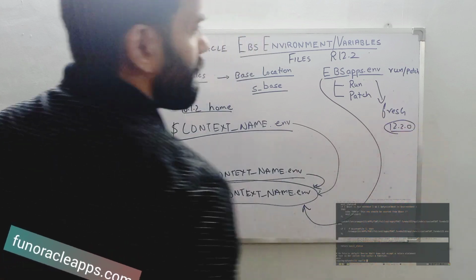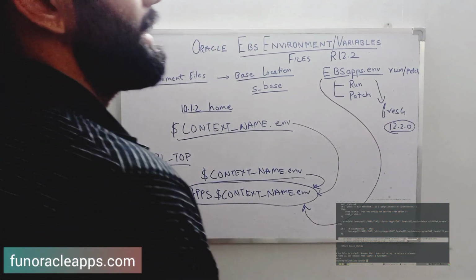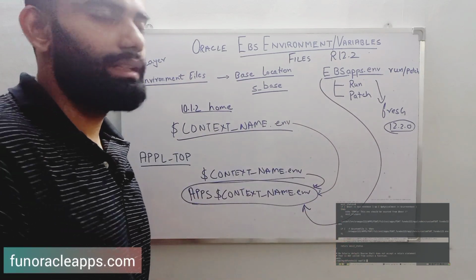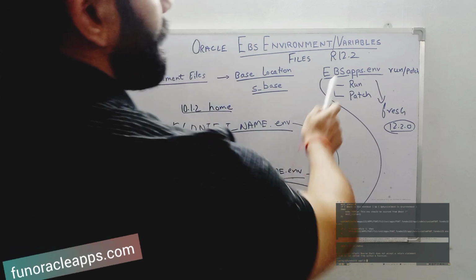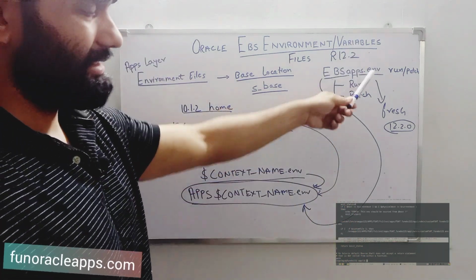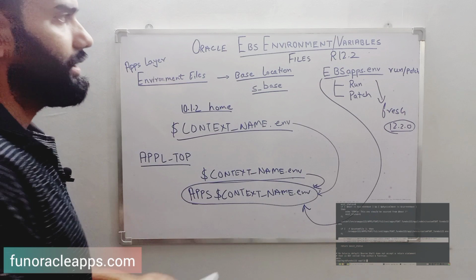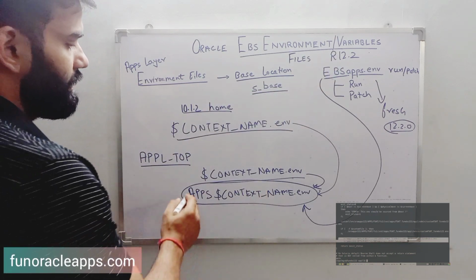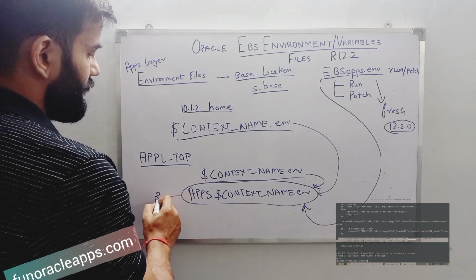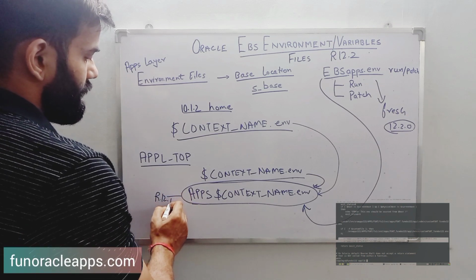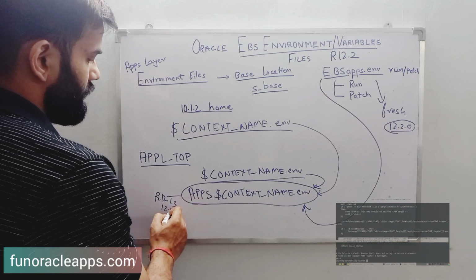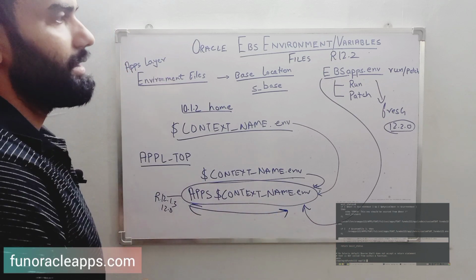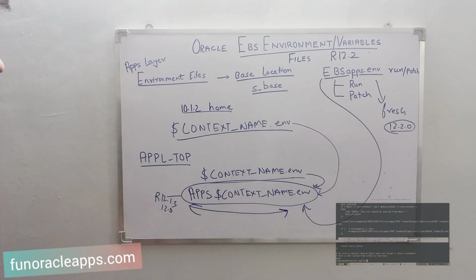Okay, when you are applying the AD&T XK Delta patches that are higher than version 6, only then will you get this file. From 6, so higher than 6, you will get this file in your EBS R12.2. Before that, you have to manually source it from this file. So if you are in a lower version like R12.1, 12.3 or 12.0, we still use this file. So this file is still used in those environments.